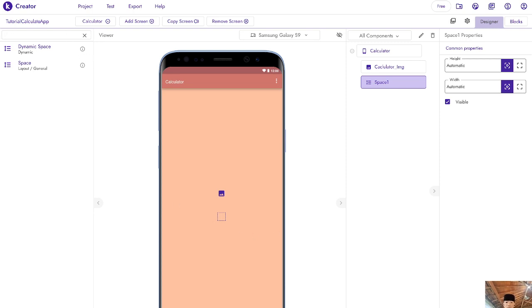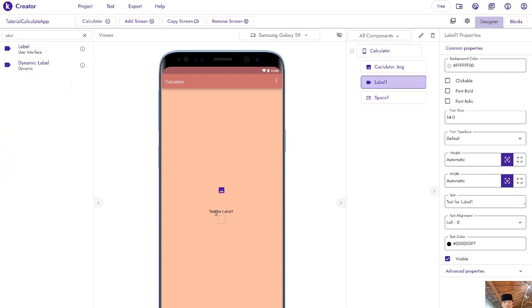So next we're going to put some label there. We're going to put some label under there, then change the size of it to be 30. After 30, we're going to change text alignment to center here. Then the text we're going to change to calculator. After we have changed it to be calculator, we're going to have a calculator text there.